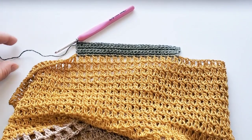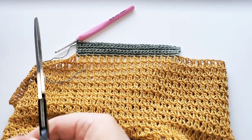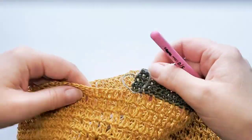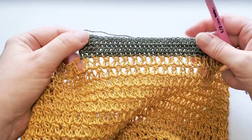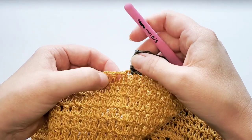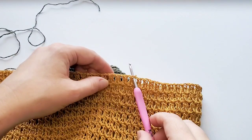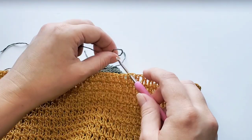I finished 5 rows, and now I will cut off the yarn here, fasten off, and now count 42 stitches to make the same edge part on the other side. So starting here, 1, 2, 3, 4. Okay, and skipping 42 stitches, I'm going to now make a slip knot again